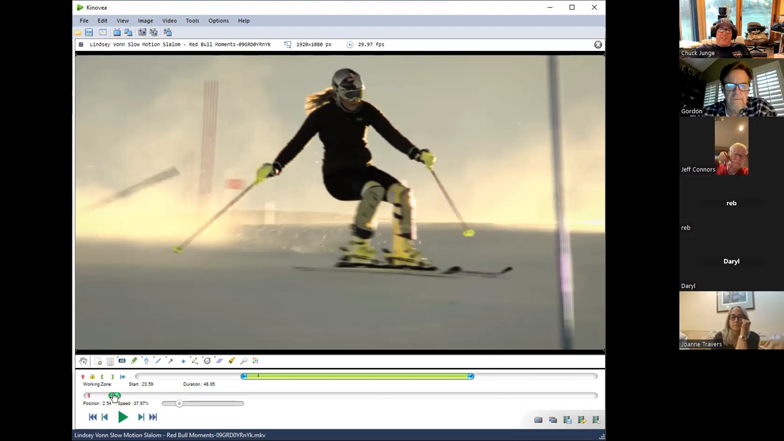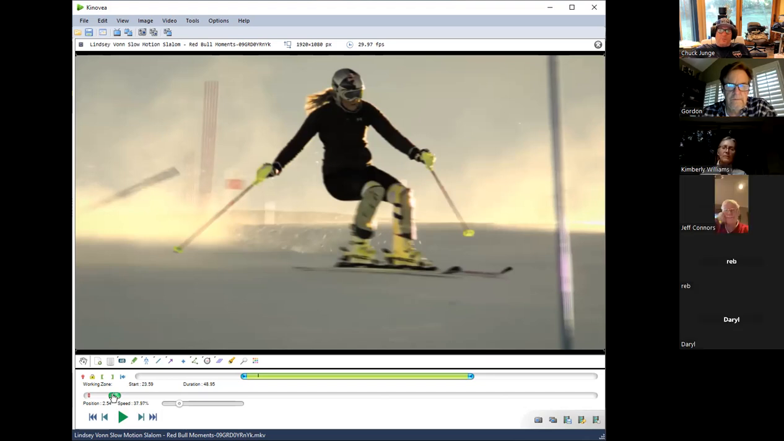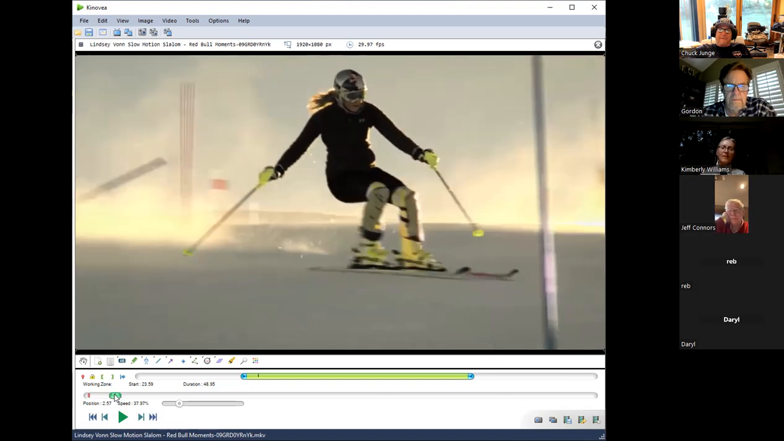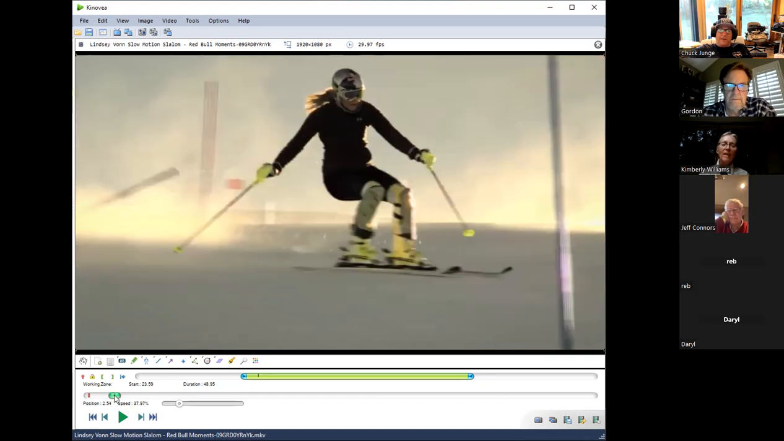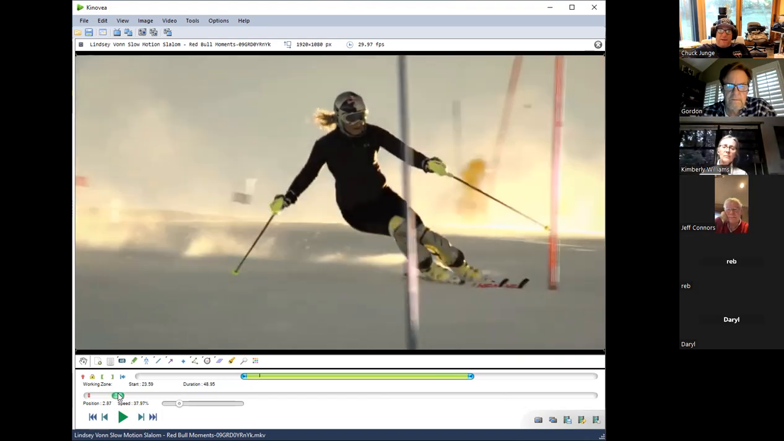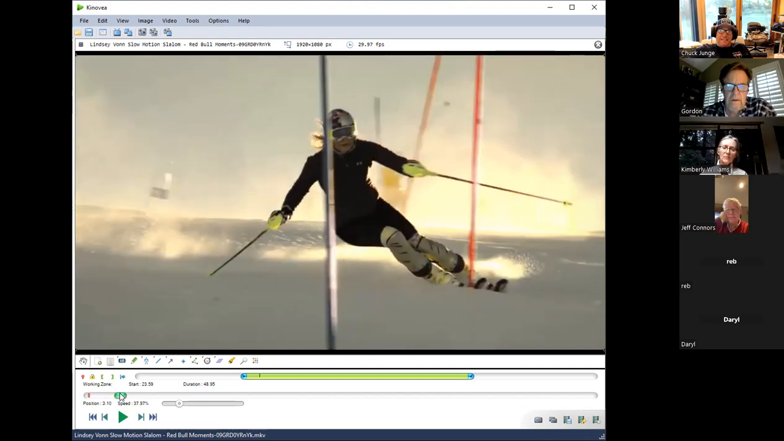So what does she have to do here to start the next turn? Yeah, forward. She's got to get forward. How does she do that? By moving her center of mass. Well, let's just go ahead and get through here. Okay, now she's more centered. The skis are starting to engage, and by the time she gets to the gate,